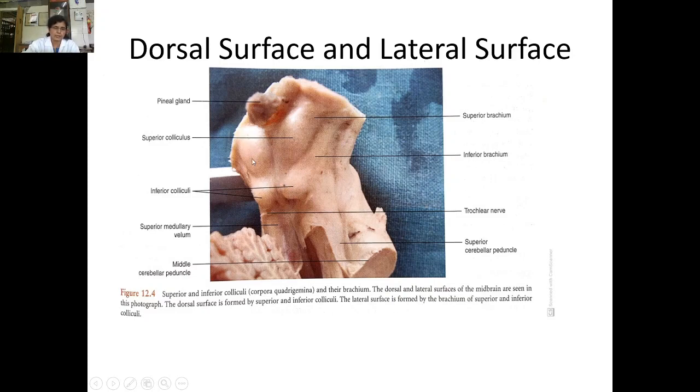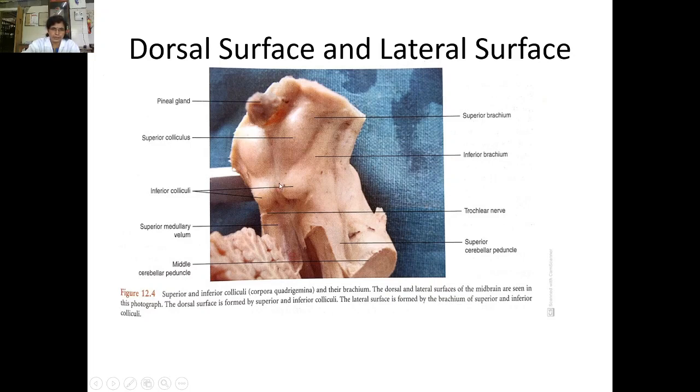These four colliculi are separated from each other by the cruciform sulcus, which has a vertical limb and a horizontal limb. The vertical limb of the cruciform sulcus, at its upper end, terminates in a triangular depression or triangular fossa, and that fossa lodges the pineal gland on the superior aspect of the superior colliculi. Superior to this pineal gland lies the splenium of the corpus callosum.